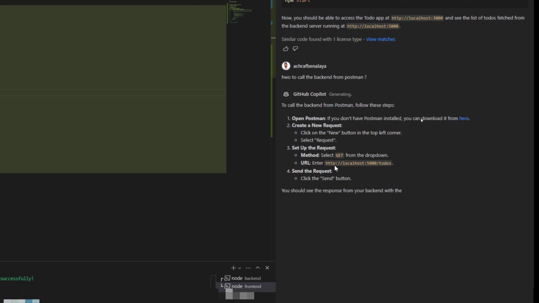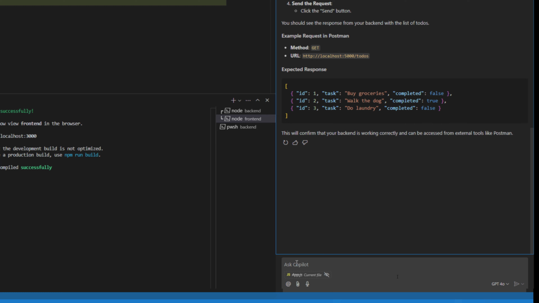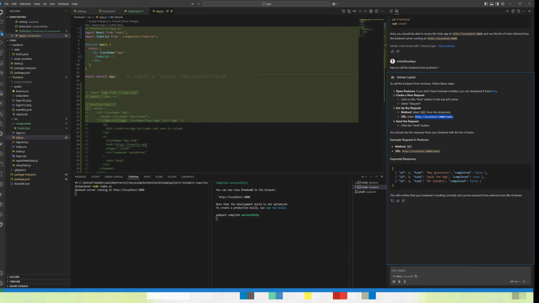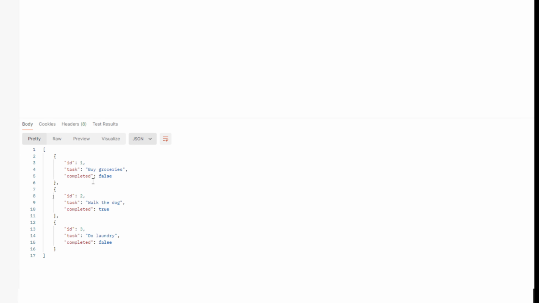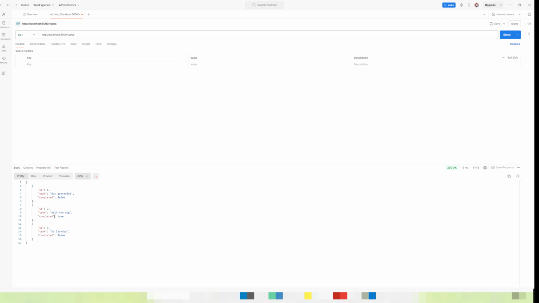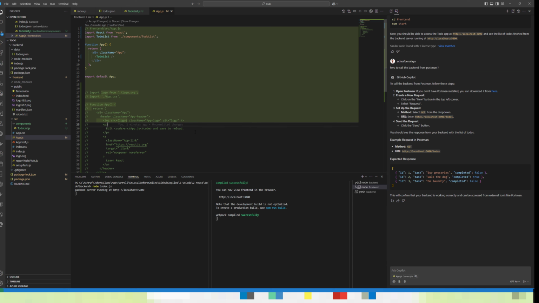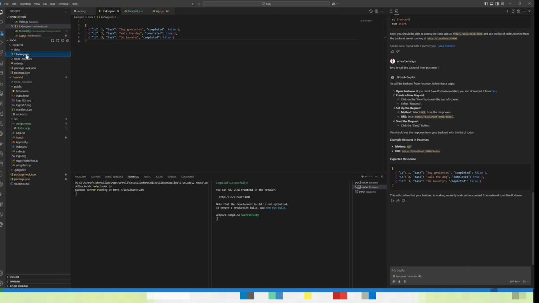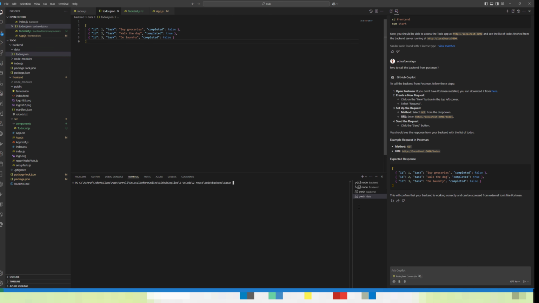Let's see the answer here. All right, here we have detailed steps and the right URL. Since Postman helped me to create the backend, it knows that the URL is /todos. So let me call this. And as you can see, we have the data that we created earlier inside the fake data in our JSON file. Awesome. This is also a really important point: GitHub Copilot can help us create